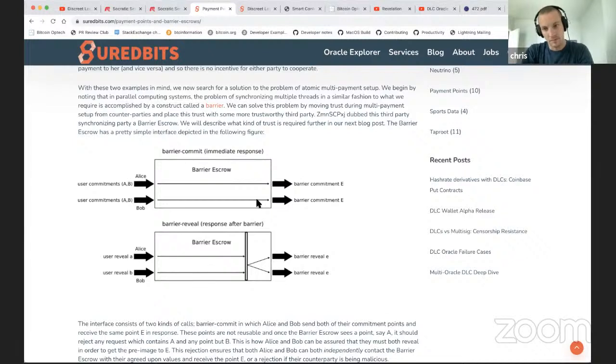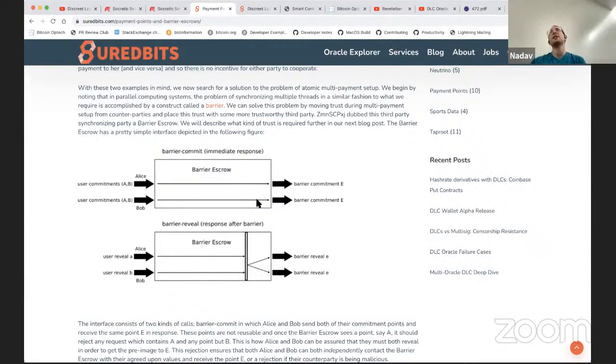Yeah. The problem that barrier escrows solve is a related but different one. There's the capital lockup problem, and there's also the problem of getting a free option. You enter into an agreement, and then the price swings, and then you leave that agreement because you basically got a free option.